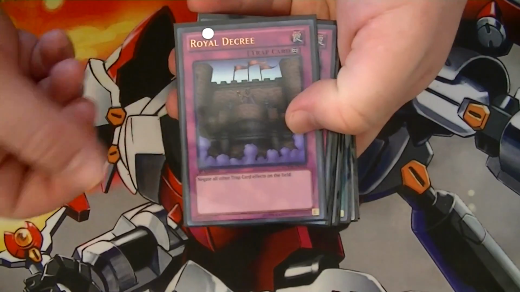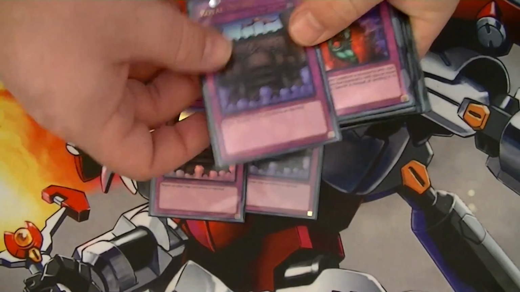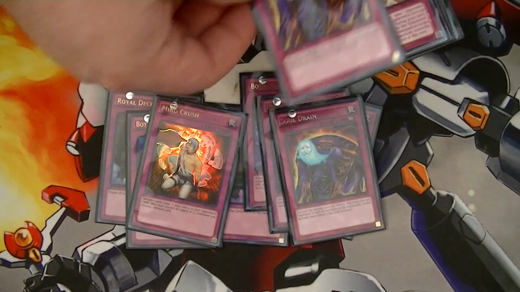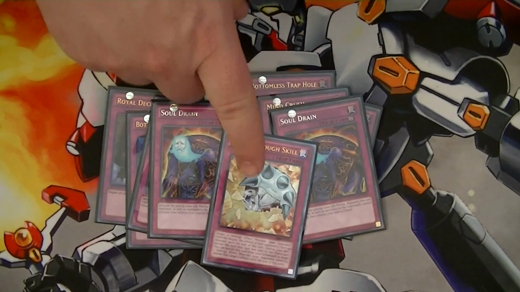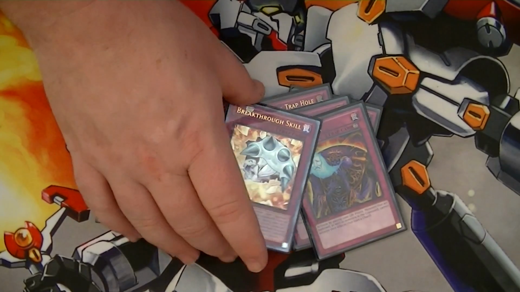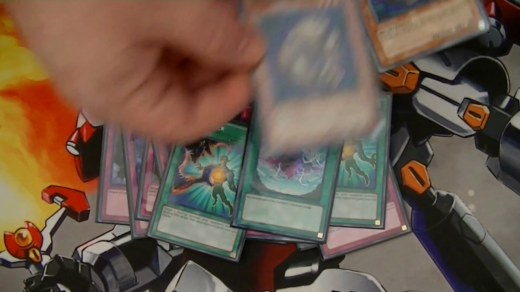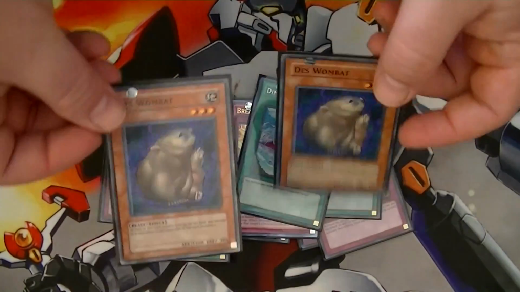Alright, so for my side deck, I was playing three copies of Royal Decree, two copies of Bottomless, two copies of Mind Crush, two copies of Soul Drain, and I had a Tecton Breakthrough skill. I also played two copies of Soul Taker, one Dimensional Fissure, and then two copies of Death's Wombat, because I